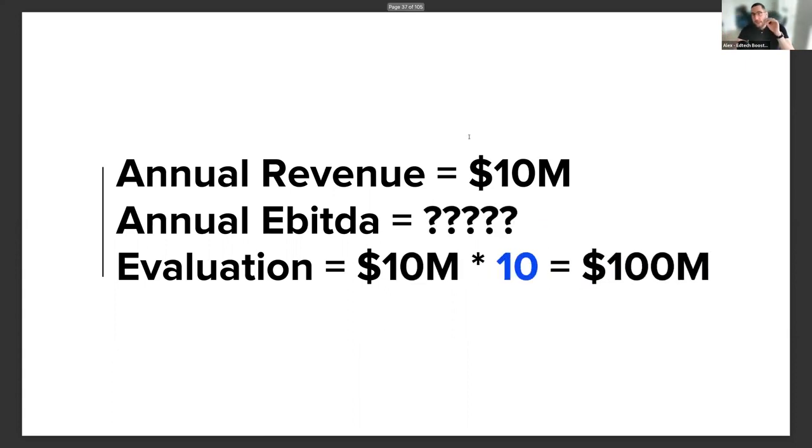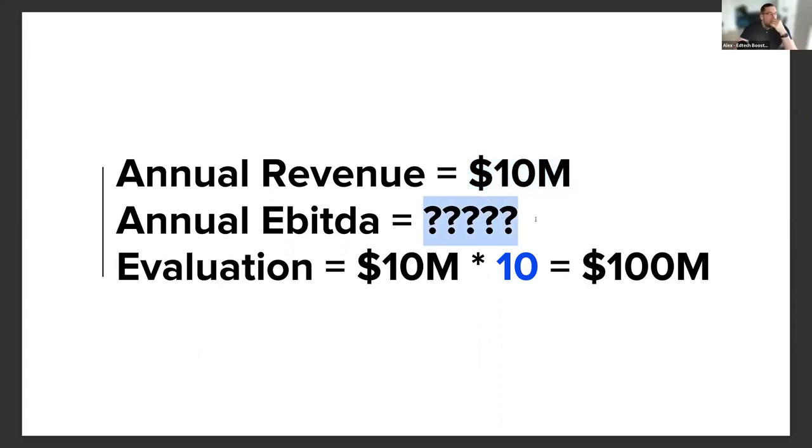Whereas, let's look at a startup in the US. So let's say you have a business in Eastern Europe, like I used to have, and you have a US company, but with a different approach where you get investment and you grow it. So we have the same company, basically the same amount of clients, everything is the same, and you have a revenue of 10 million. You see, annual EBITDA is question marks.